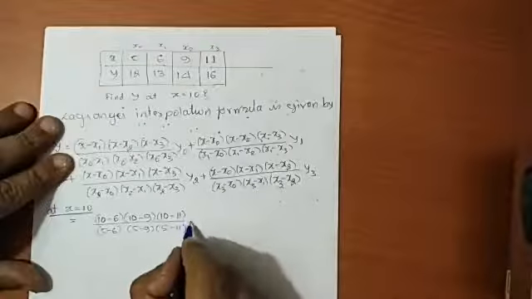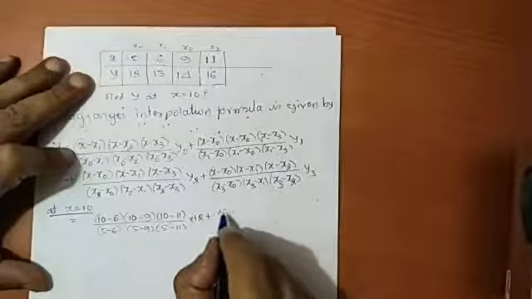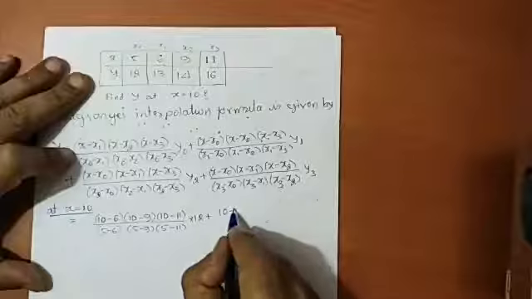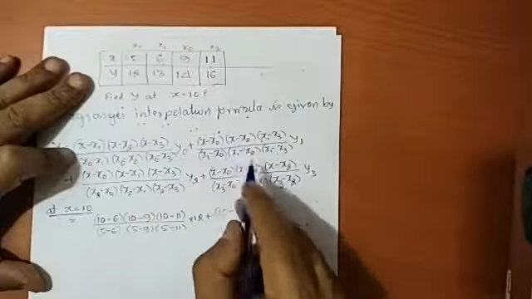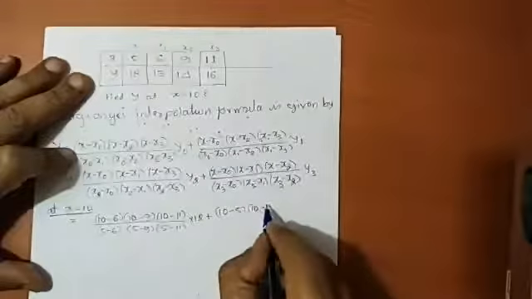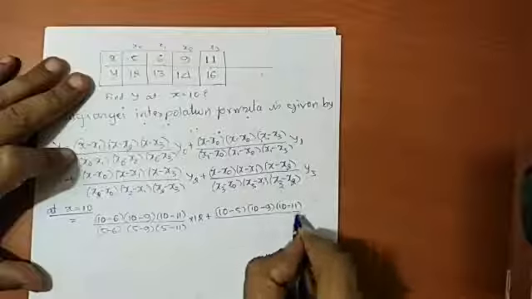Y naught is 12, plus (x minus x naught, that is 10 minus 5) into (x minus x2, that is 10 minus 9) into (10 minus 11), divided by, it is